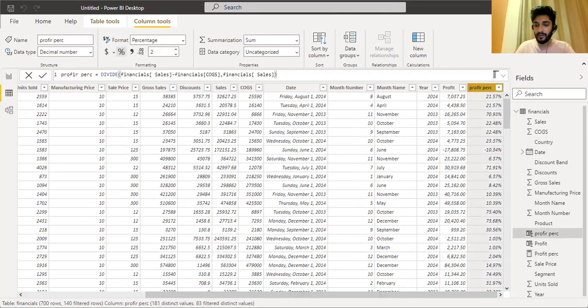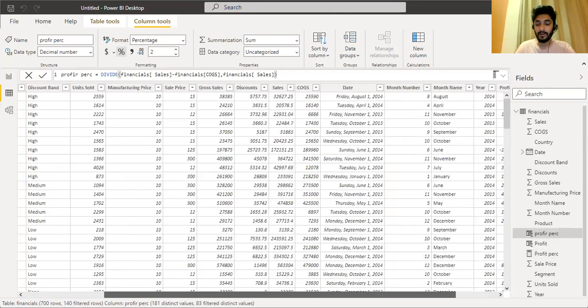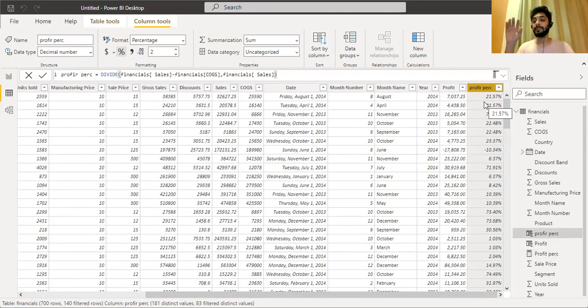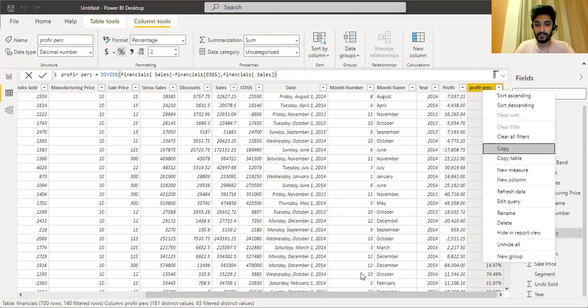There are so many different values of Canada, right? But I wanted the profit percentage of Canada as a whole, not by adding the percentage of each row. So if I take this column, I copy it,